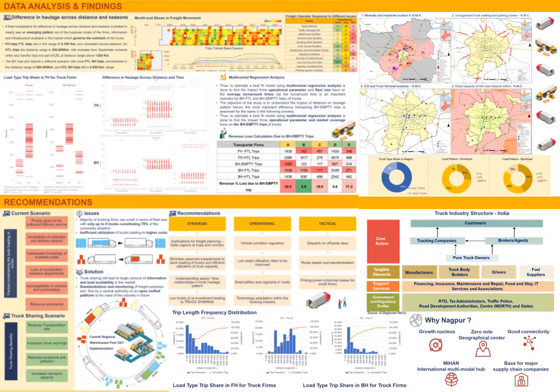As we all know, the rail share of freight movement, or the modal mix, is quite low as compared to the road share, which is currently at 60%. The road share has seen a drastic increase from 10% in 1950 in India, coming all the way on top to 60% in the present time. So certainly, on the opposite end, rail freight has decreased its share, but what we still see in India is